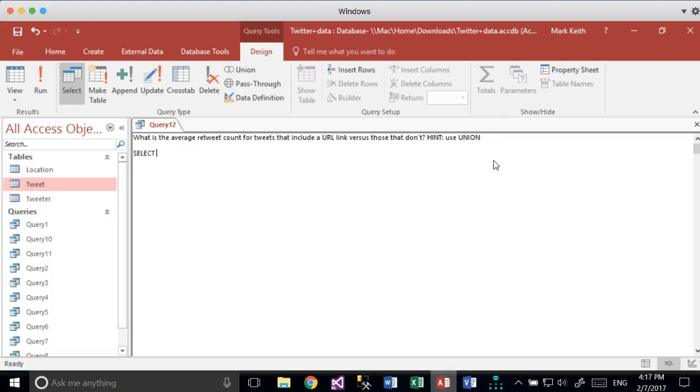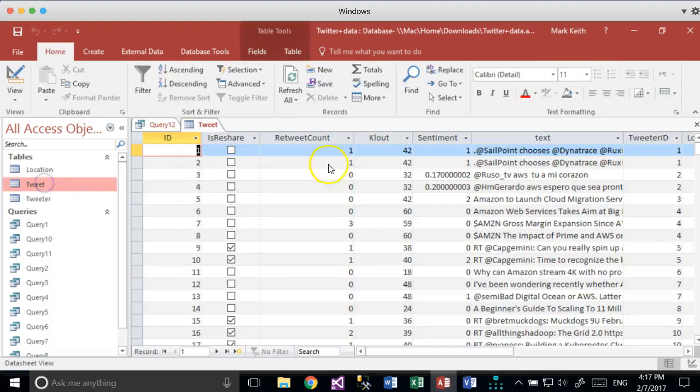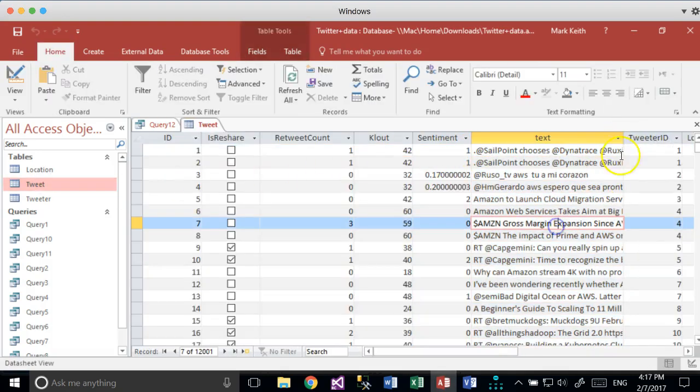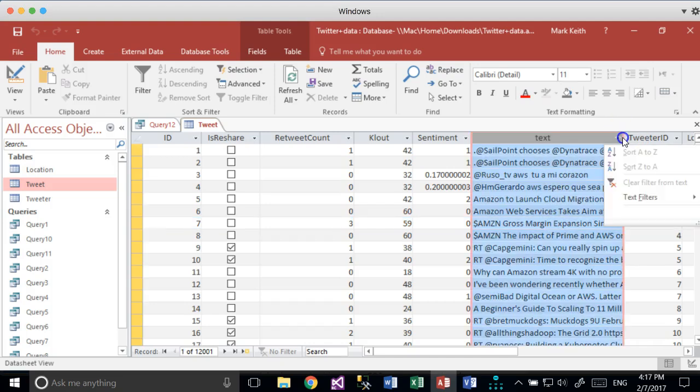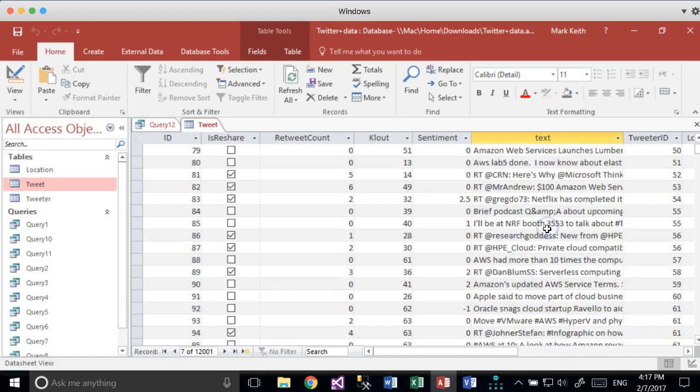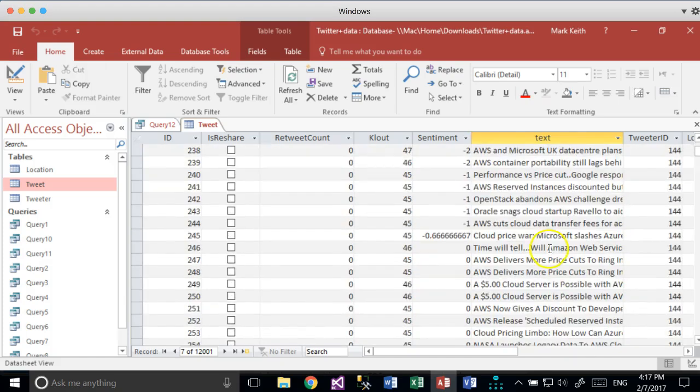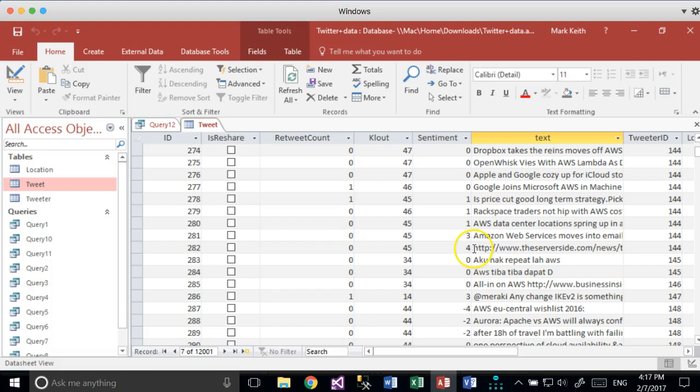How do you know if something includes a URL or not? Let's take a look at the tweets. Okay, what is a URL? Well, look through here. Let's scroll down. All right, here's a URL. HTTP www. They're referring to some link in their tweet. And tweets don't count this text against you, which is why you can get a higher number of characters in these tweets. But anyway,